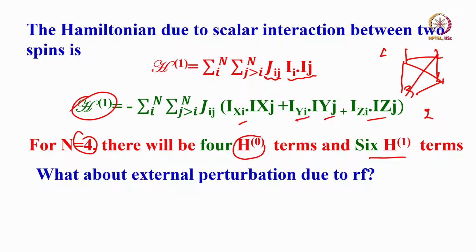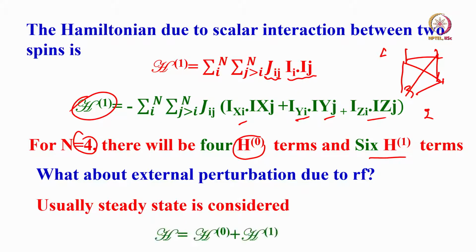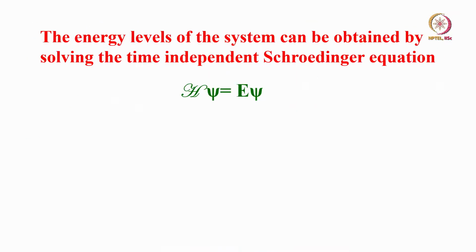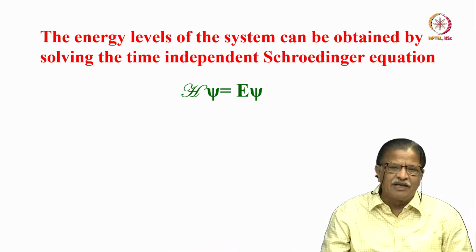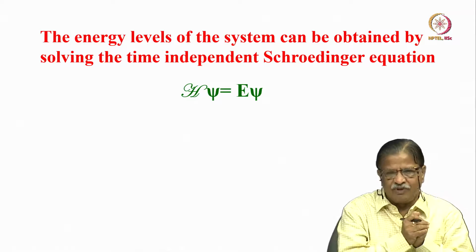Now, you may ask me a question, we are applying the radio frequency that also interacts with the nuclear spin, it will perturb the system. In addition to the Zeeman interaction we discussed as an external interaction, RF also has an interaction, but at the moment we will not consider that because we are dealing with the steady state of the spin system. So, since we are dealing with the steady state, we do not have to worry and we consider only H0 and H1 without interaction of the RF. This is the total Hamiltonian for the 2 coupled spin system. So, once you build the Hamiltonian, what is your next step?